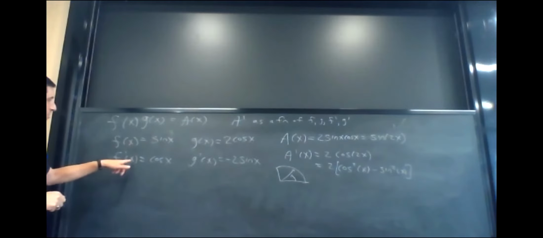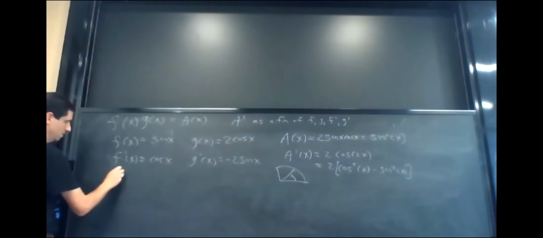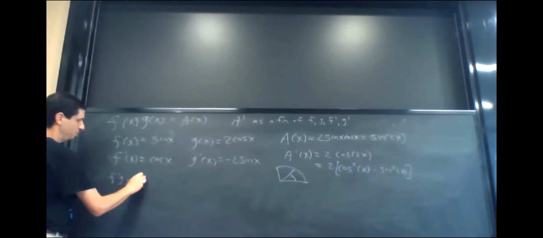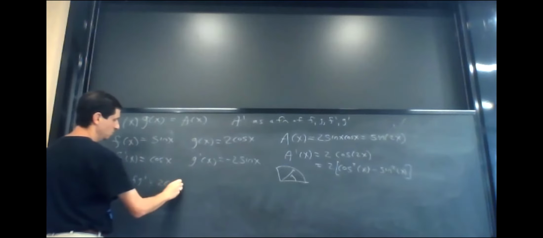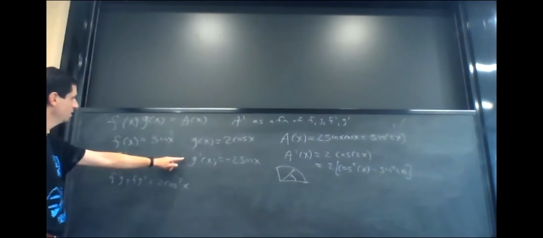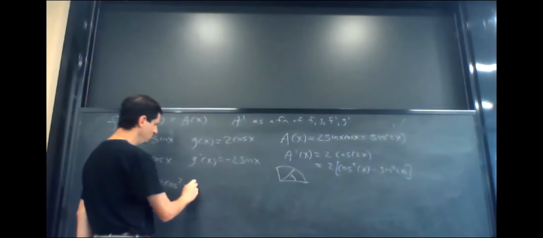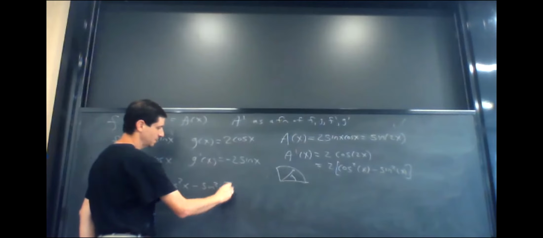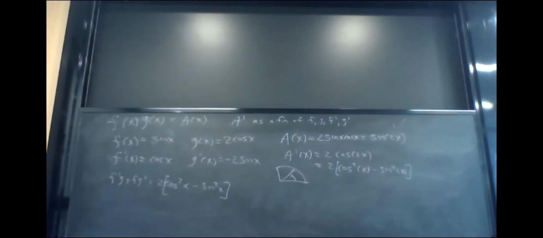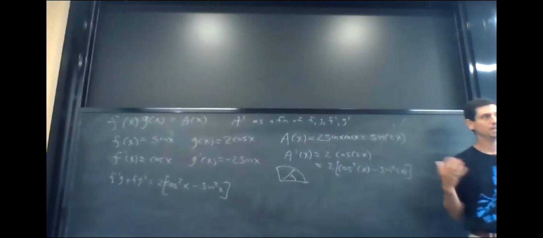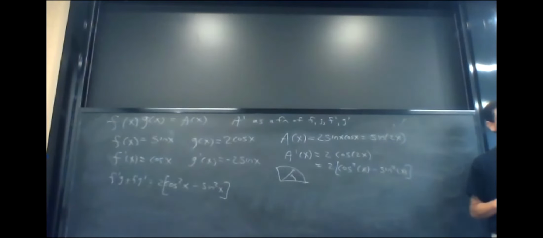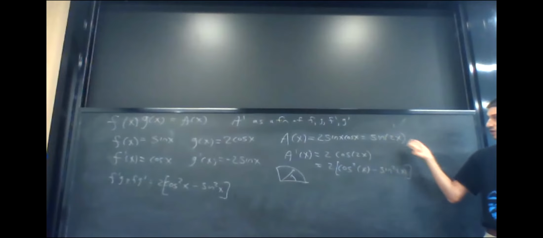And now if I look at, I thought it might be f prime g plus f g prime. f prime g is going to be 2 cosine squared of x, and then g prime f is going to be minus 2 sine squared x, and factor out the 2. And there you go. Are you more convinced now that this is the product rule? This is a much better example than just x to the n and x to the m. Maybe x to the n, x to the m is too simple of an example. But here now I'm doing trig functions, and I've got a good trig identity.